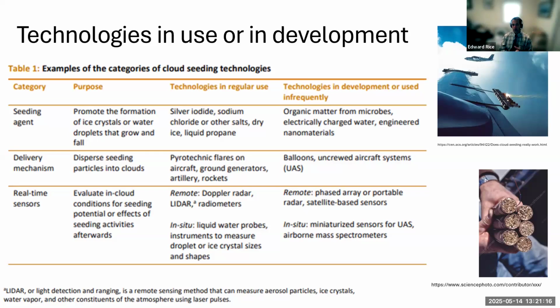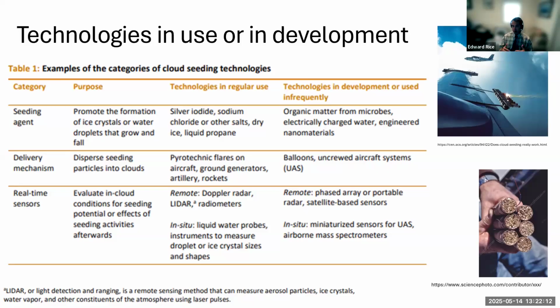So the seeding agents, those are the main ones. The purpose, as I said, is to promote the formation of ice crystals or water droplets. The emerging technologies that are basically in the development stage, some researchers are looking at biological seeding agents, which are based on a common bacteria that occurs across the world, Pseudomonas, and has been found in rainfall and found in snow. The theory is that the outer shell of this bacterium, for whatever reason, can serve potentially as a good nucleating agent because it can be very stable and you don't have to keep it super cool like you do with liquid propane,